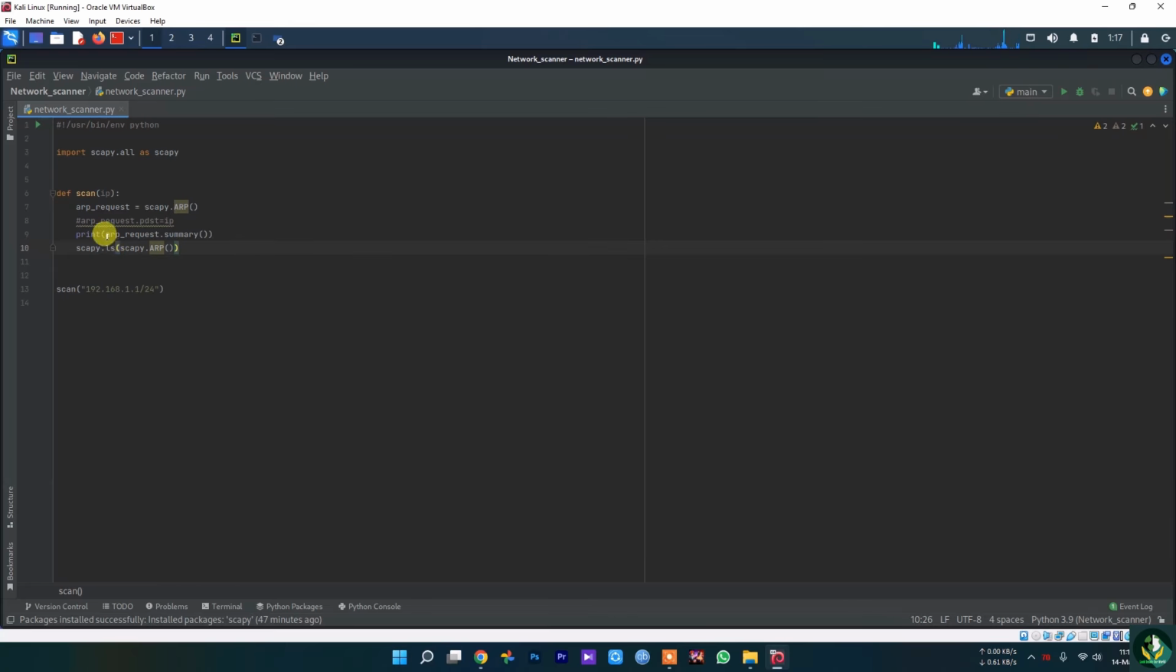So we're going to use the ls function. What we can do is type scapy.ls(), and between the brackets put the name of the class you want to run, the name of the variable that you can set as a field. In our case that is the ARP class, so we're going to say scapy.ls(scapy.ARP). Now if we run this program like this,